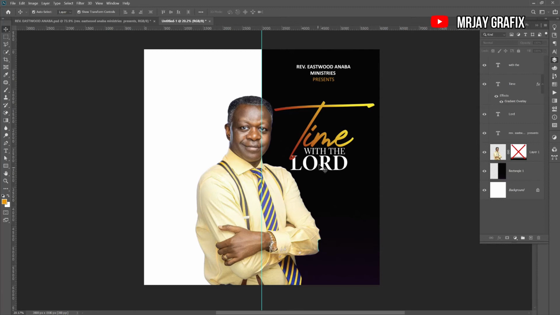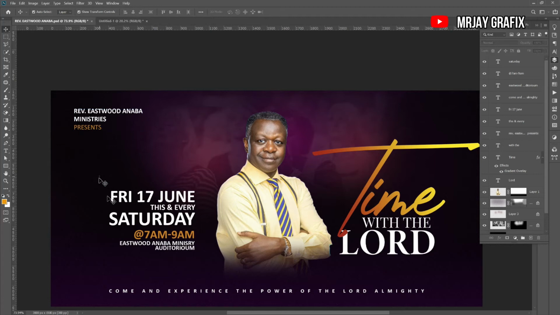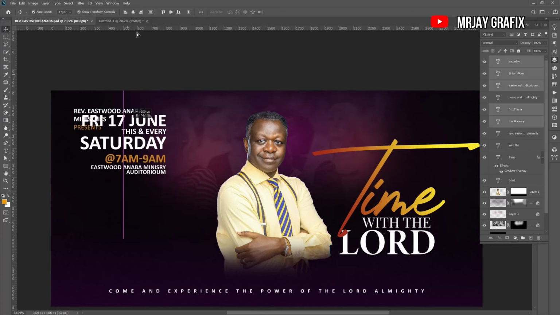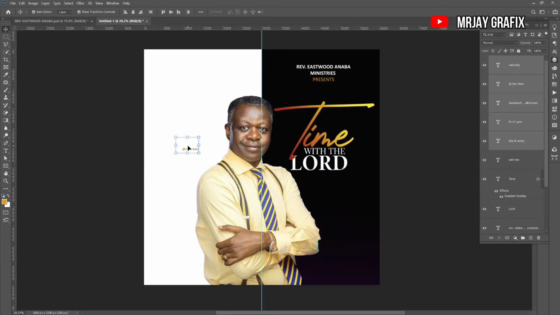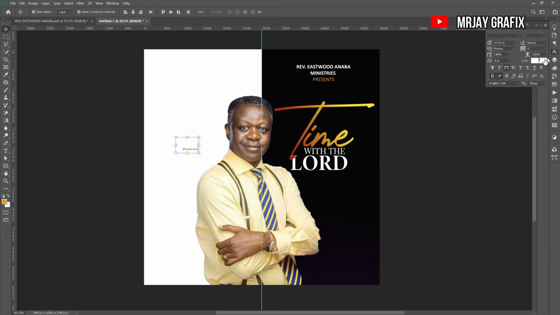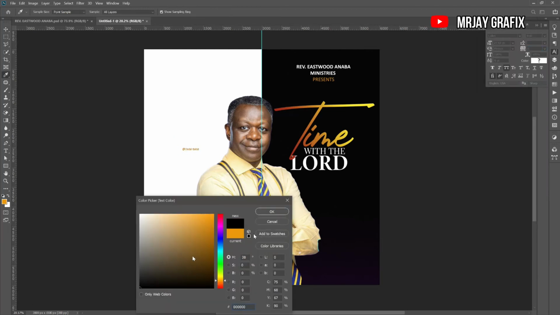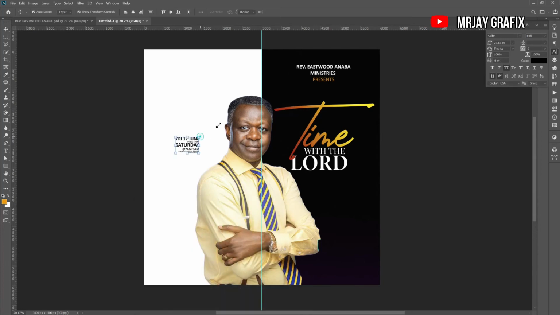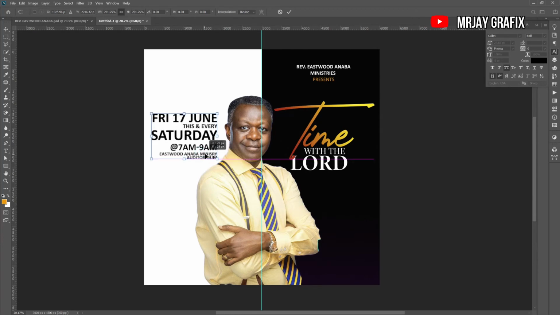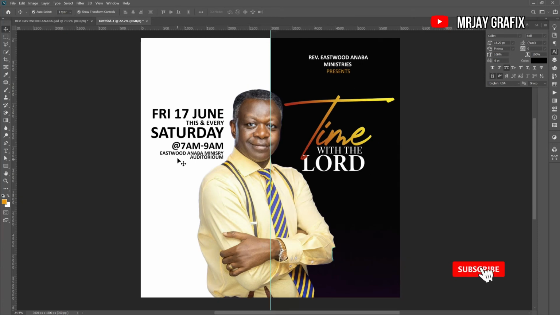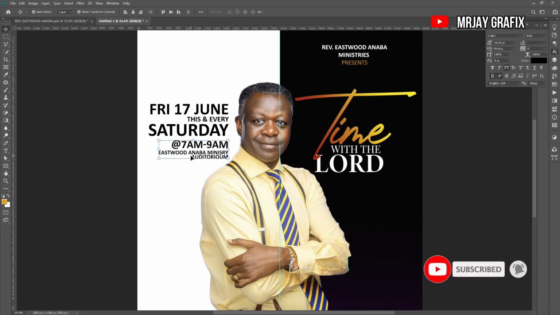After that, I'll bring in the date. I'm going to change the colors to black and increase them. Increase them like that. Now it seems the black is too deep,